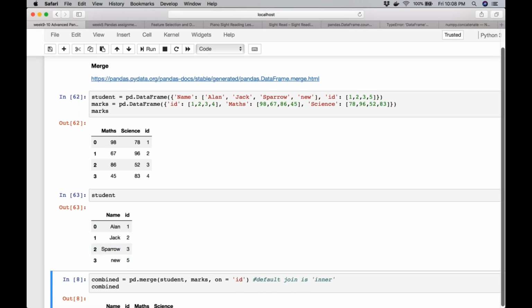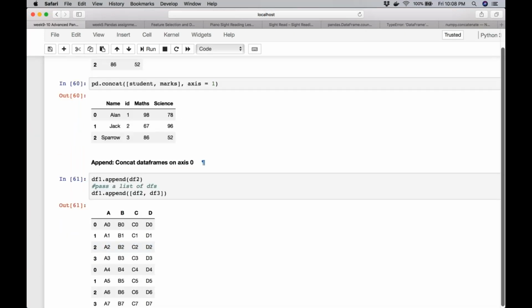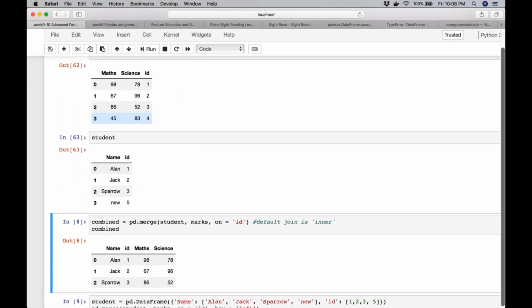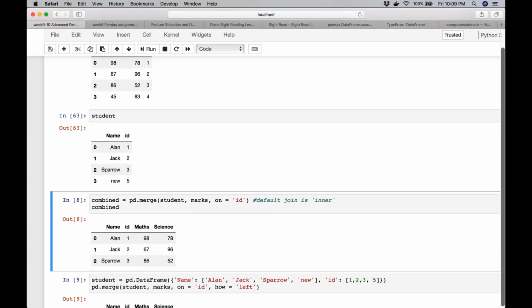So this tells me that there is some connection between the two data. So this is the identifier. This is the common column. Now it becomes easy for me to link the name to the subject, which was not really happening in the case of concat. So this becomes a more intelligent join. It's trying to see where there are common values, and then it does the merging on that.